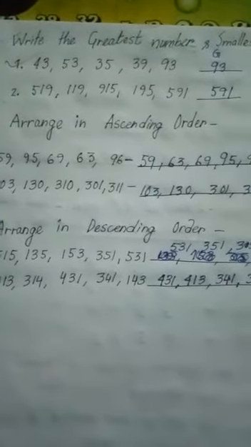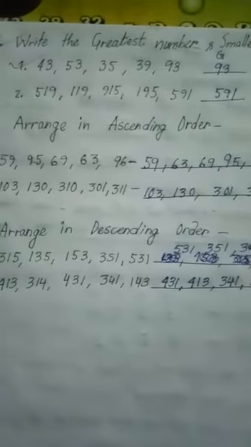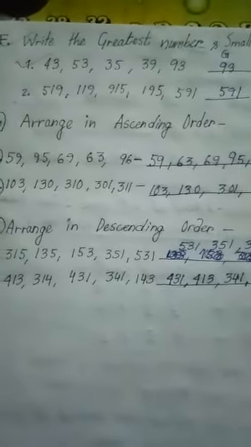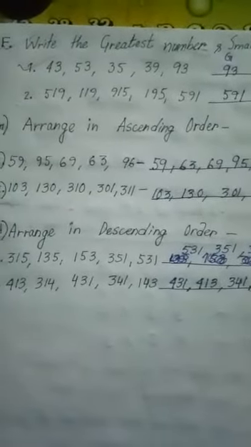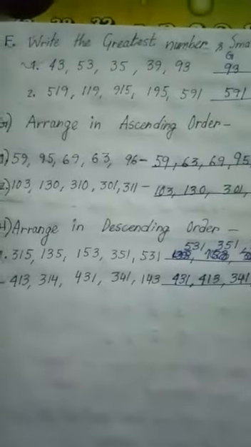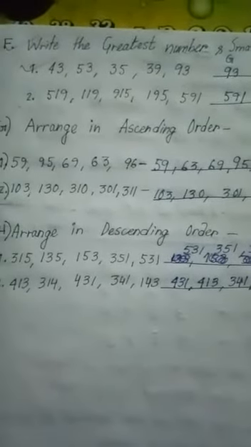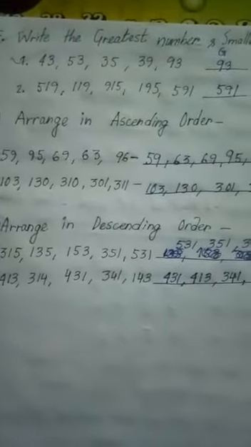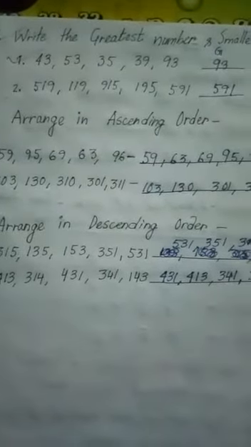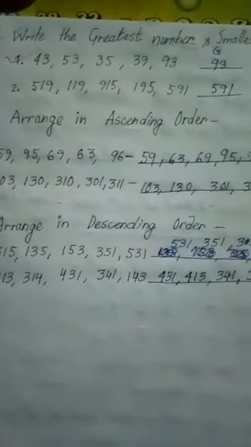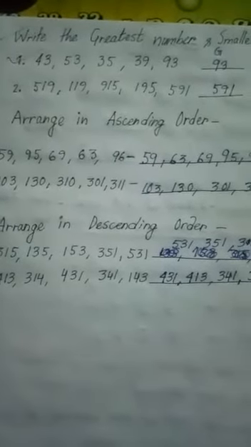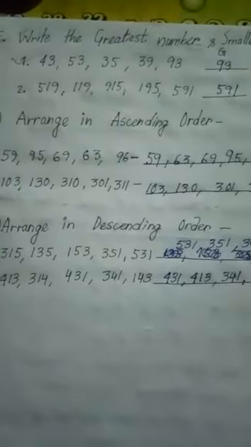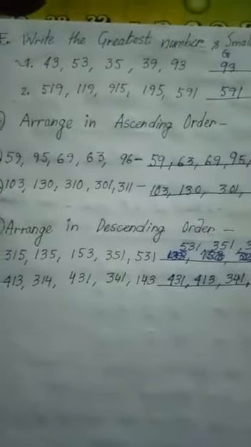Ascending order and descending order. I already discussed the concept, which was already discussed in class 2 also, how to write ascending order and how to write descending order. Numbers are given, so one by one from small, whichever number is small, you write, then the bigger. It's a very easy procedure, but you just tick the number which was already selected for ascending and descending.